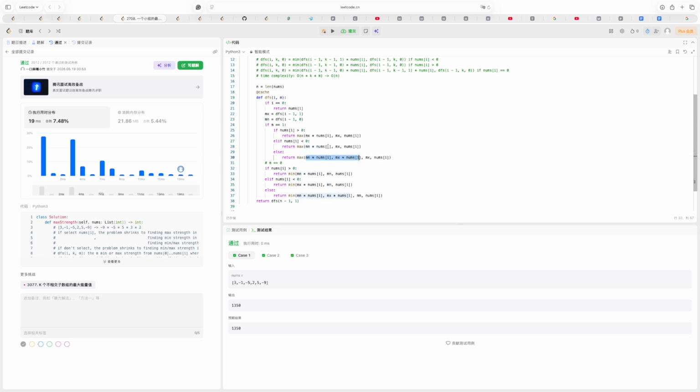It only, like, these answers return values are only five